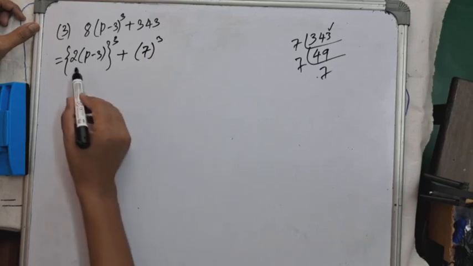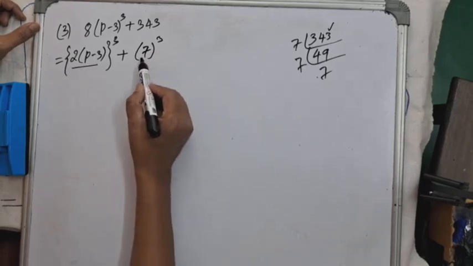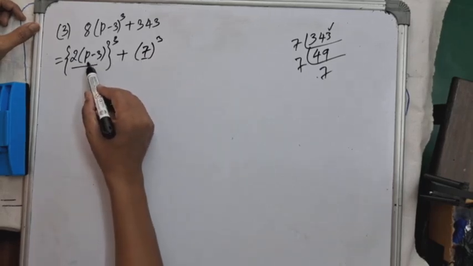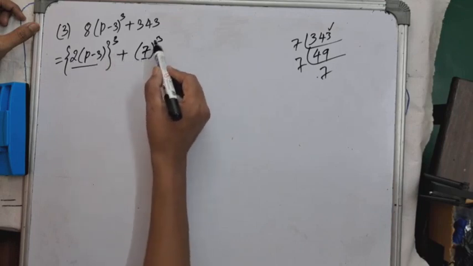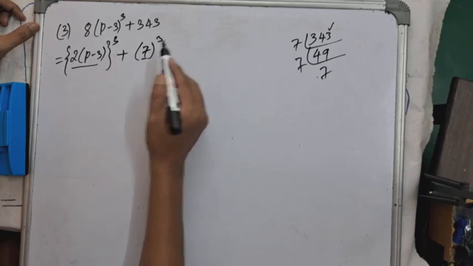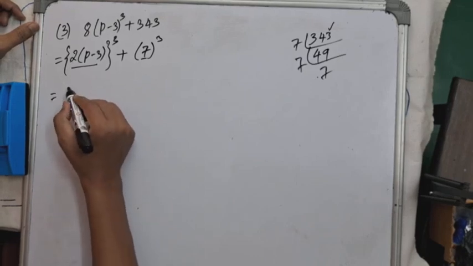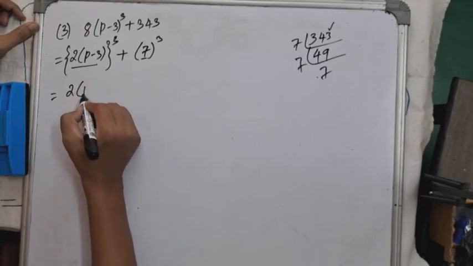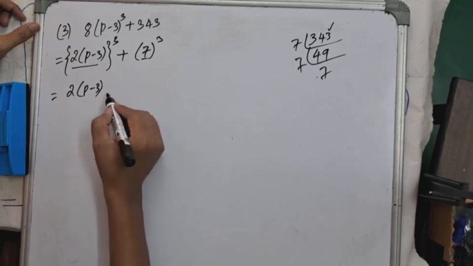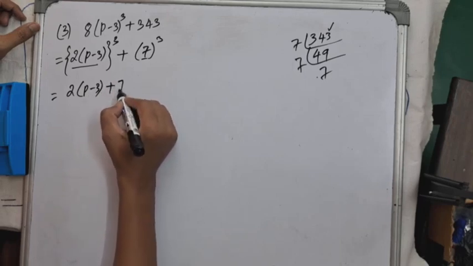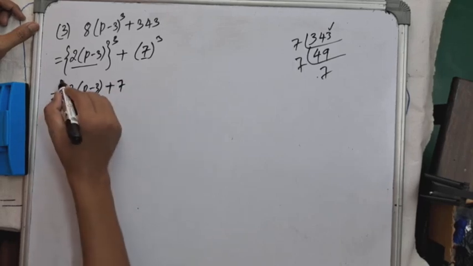Now we can assume this as a and 7 as b. This will give us a cube plus b cube. We can apply the formula a cube plus b cube now. A cube plus b cube is a plus b, isn't it? So a is 2p minus 3, a plus b is 7, a plus b, okay,